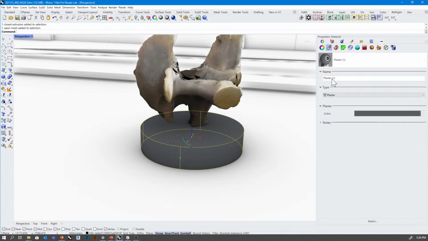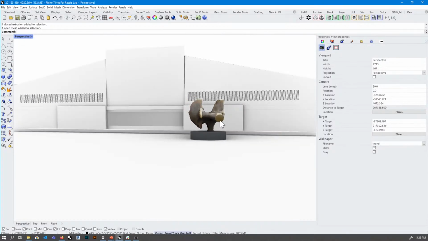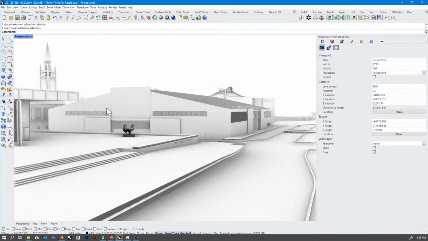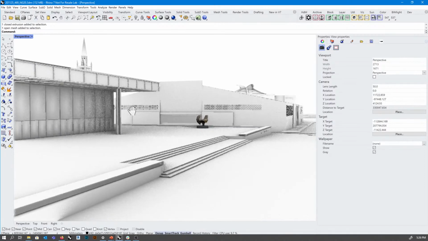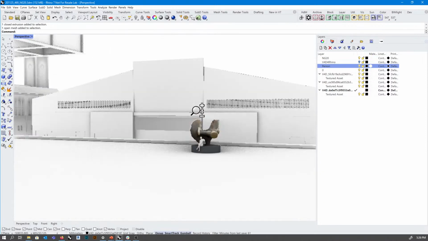So, and now I have my model already placed in my Rhino file. I can zoom out a little bit. Maybe like this. And I could even place a person if I wanted. I have prepared some here. So, and like this. So, and that's how easy it is to get a model into Rhino with the